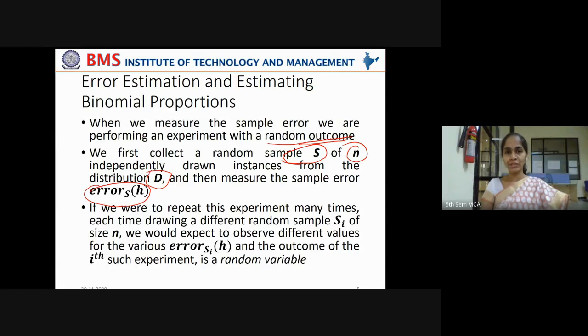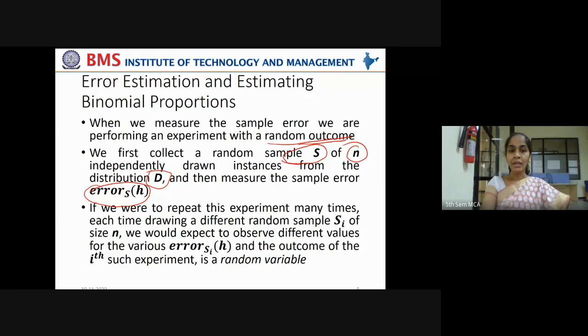That means the sample is given to a machine learning model. It is trained with an algorithm and we see how much error it is giving. Say it is performing with 95% accuracy. Its error would be 5%. Now, if we were to repeat this experiment many times, not one time,